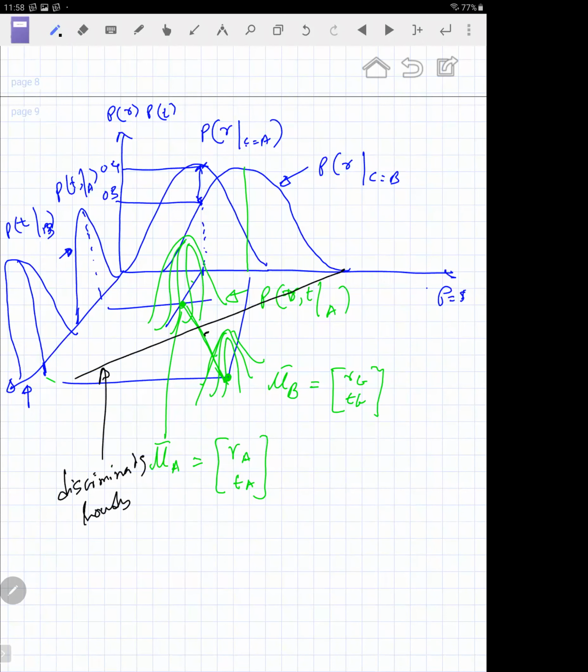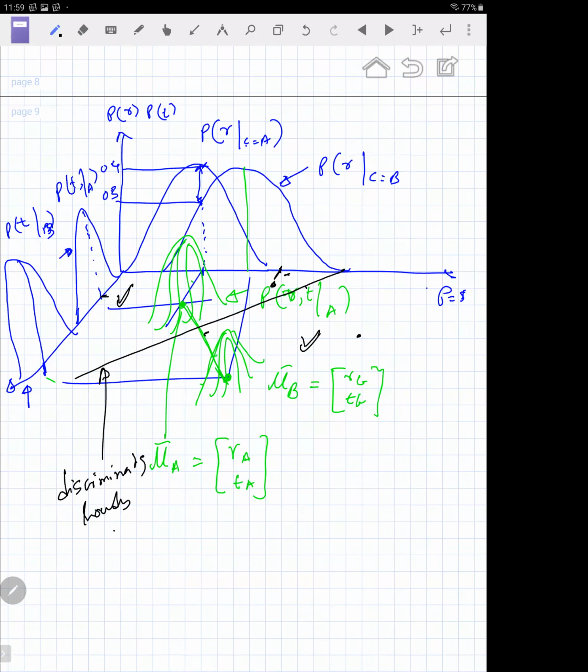So all I have to do once I compute this discriminating boundary is to see where my joint measurement falls. Does it fall on this side or this side of the curve? If I have a specific vector composed of a specific price and temperature, I see, hey, my price is here and my temperature is here. My point falls on this side of the curve. So there are very high chances that this data came from city A versus a similar exercise coming from city B.